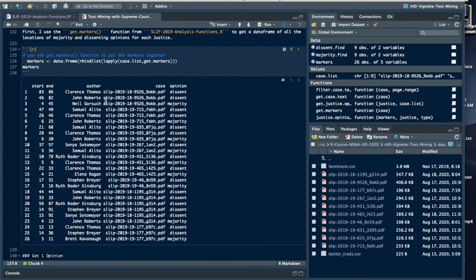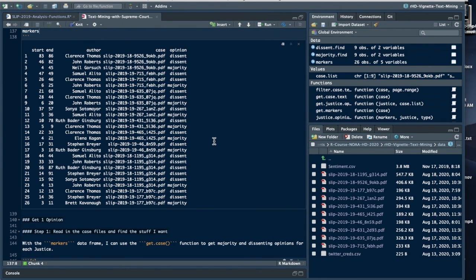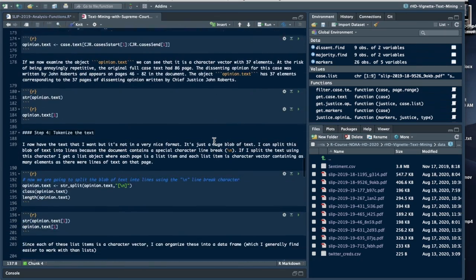So this is that getMarkers function, and when I send it all of the cases, all the PDF files that I've downloaded to this directory, it returns to me this pretty big data frame, which has the locations of the dissenting and the majority opinions in each of these documents. And so this is kind of the lookup table, as I've been calling it, that I'm going to use in this example where I'm going to get all of the